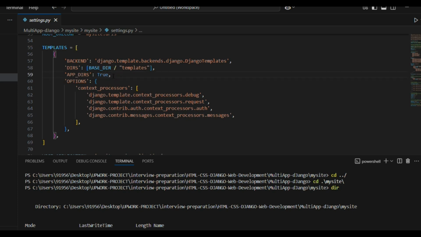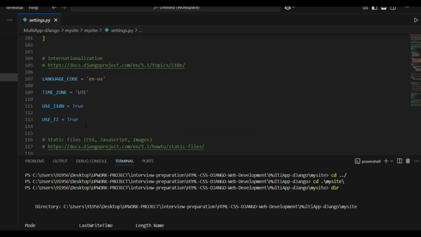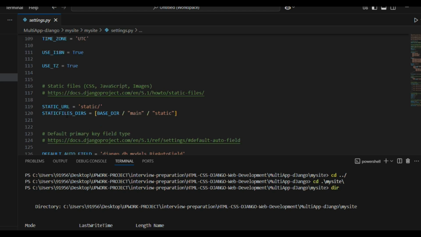Inside applications also it will search for a templates directory, so you need to check whether this is true or not. And the third thing inside settings.py, you need to come down where STATIC_URL is, which is already there, and add STATICFILES_DIRS equal to BASE_DIR followed by main followed by static. So this line you need to add in settings.py.